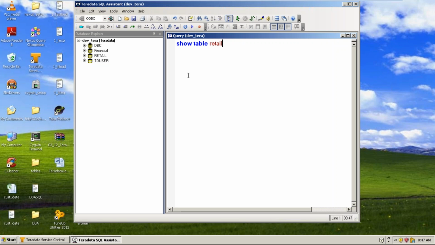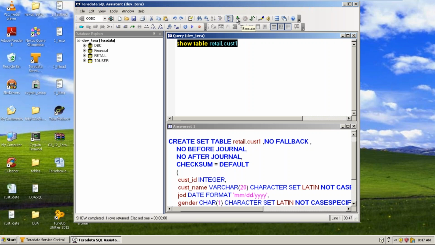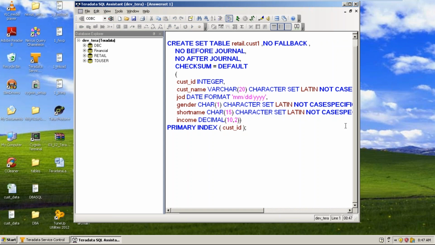Show table retail dot cust1. So this is the command, the Teradata extension command, show table, where you can see the definition of the existing table. Here we can determine whether it is a set table or a multi-set table.